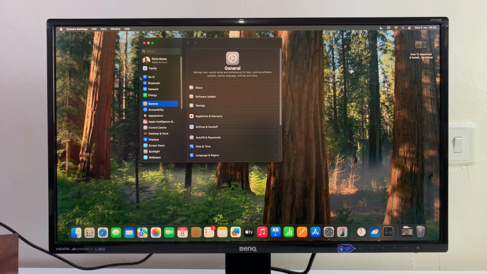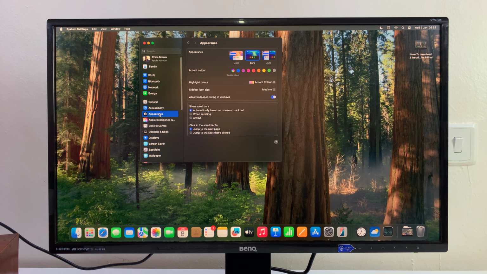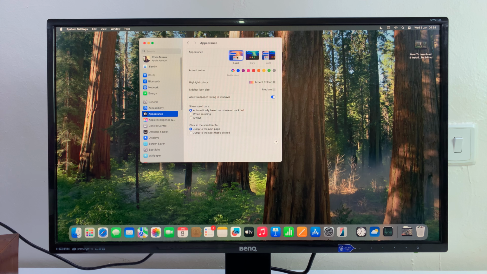So once you have that open, you can scroll on the left-hand side and click on Appearance, and then you should see the modes. You have light mode, dark mode, and auto. Auto basically automatically changes from light mode to dark mode depending on what time of the day it is and what you've set. So to turn off dark mode, simply select light mode, which is the opposite of dark mode,